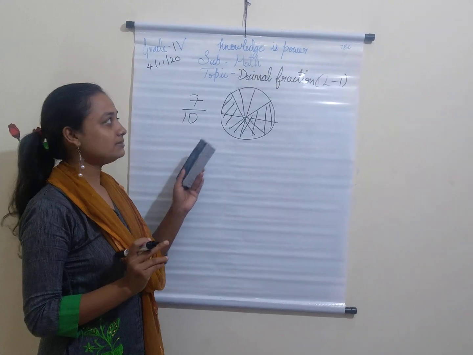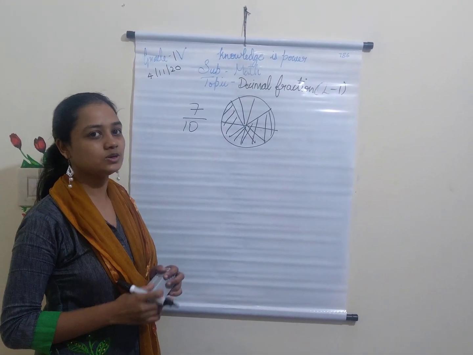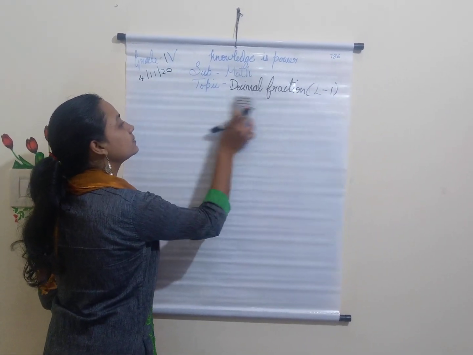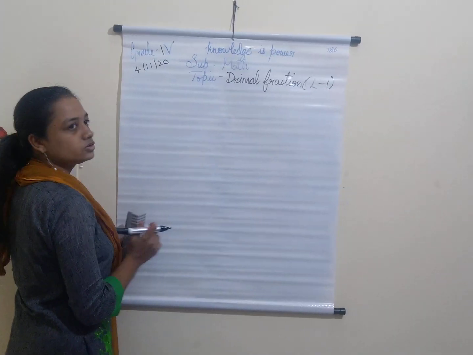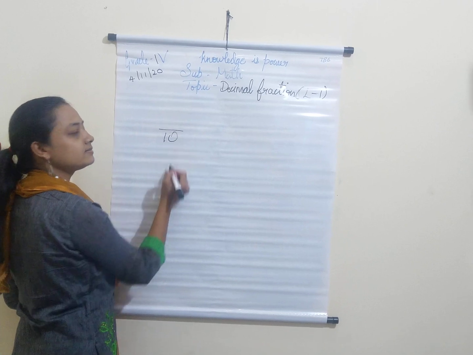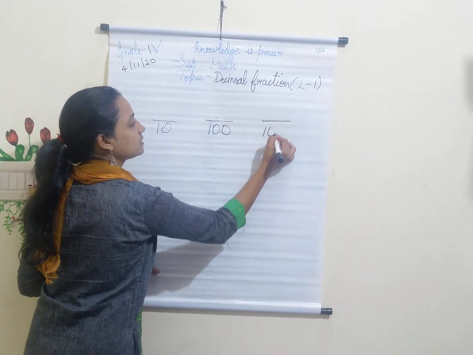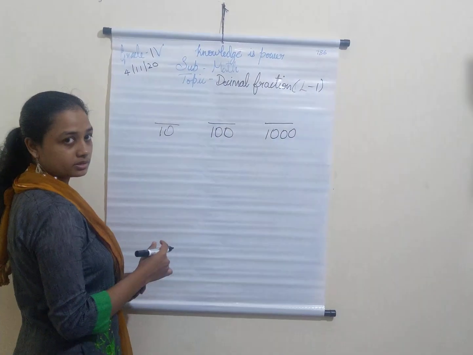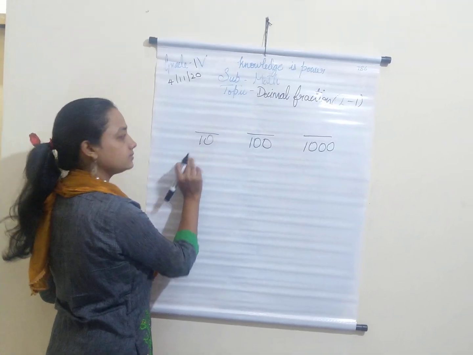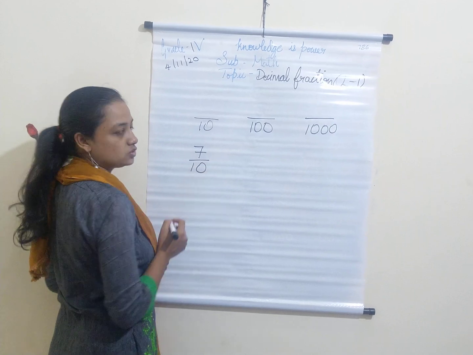This fraction can be written in decimal form. How to do that we will be learning in this video. So let's go to this lesson. So children, a decimal fraction will always have a denominator of tens or hundreds or thousands and so on. So now let's take a decimal with denominator 10. Now let's take the number 7 by 10, as I showed you.